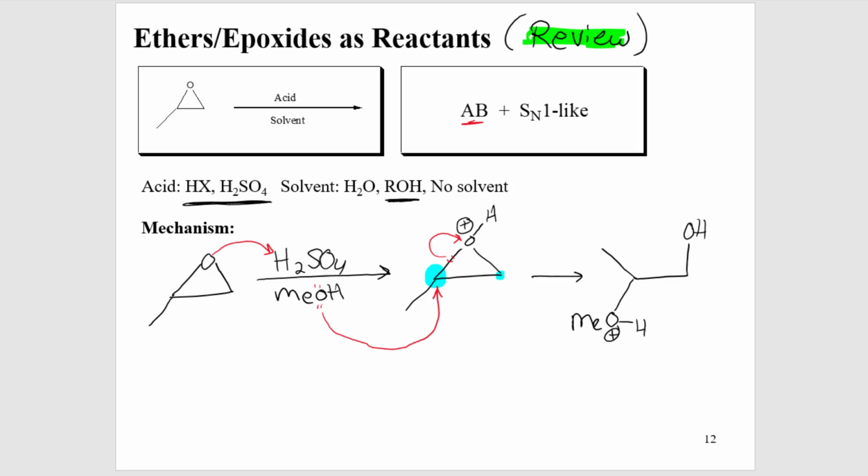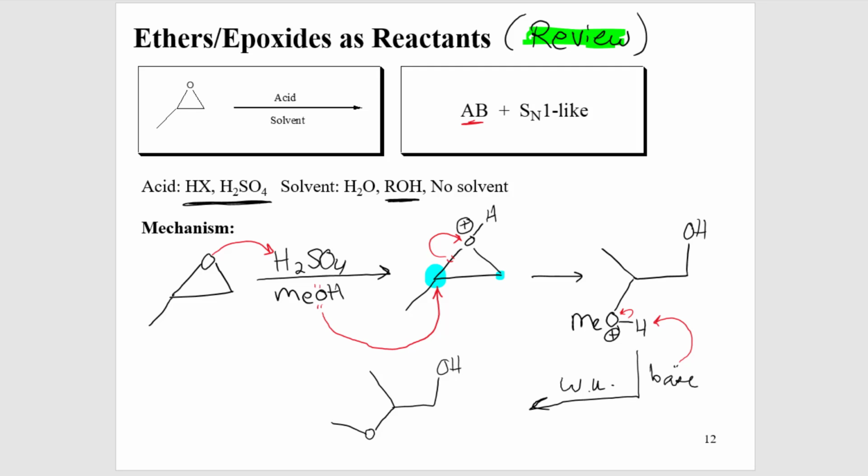Giving us this system here. And like always, we're done and we just need to work it up. We're going to use a little bit of base to take off the extra proton. Workups are always acid-base chemistry in this case. And we end up with,